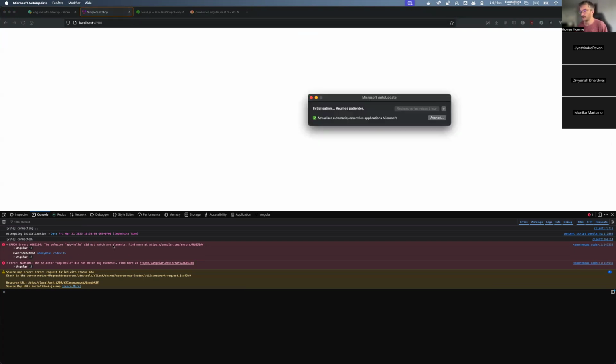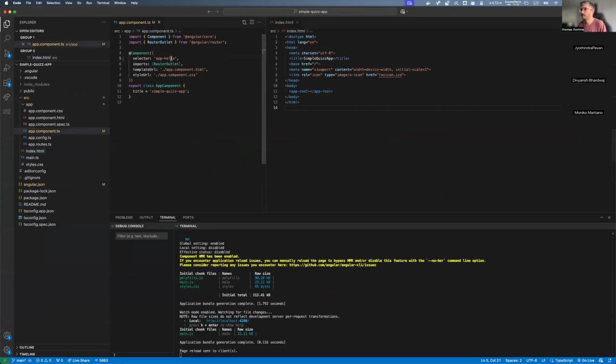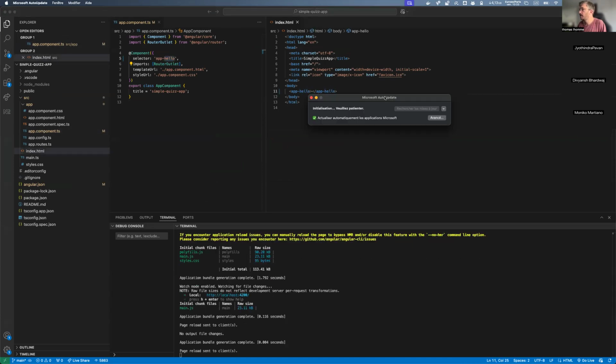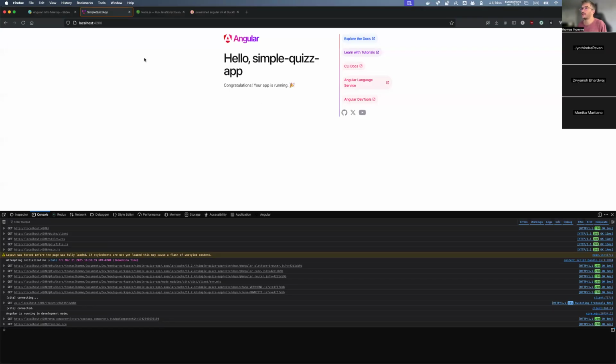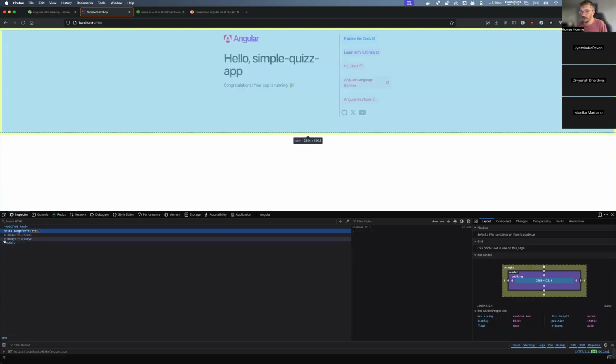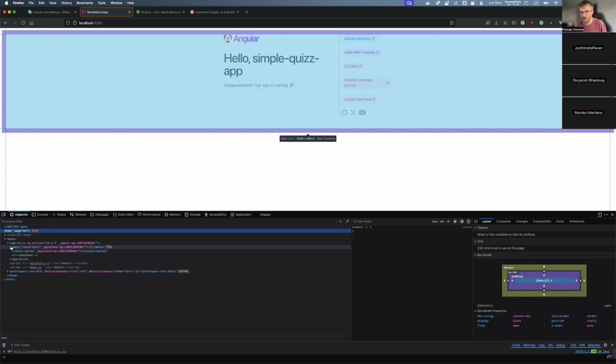Pretty simple. We can go back here, and if I want it to work, I can change this and put it here, right? App-hello, save. Go back here, and you can see my app is working again, right? And actually, if we check in the inspector, we go in body here, we can see app-hello here, right? Inside app-hello, we have some code. We're going to see what this code is representing.